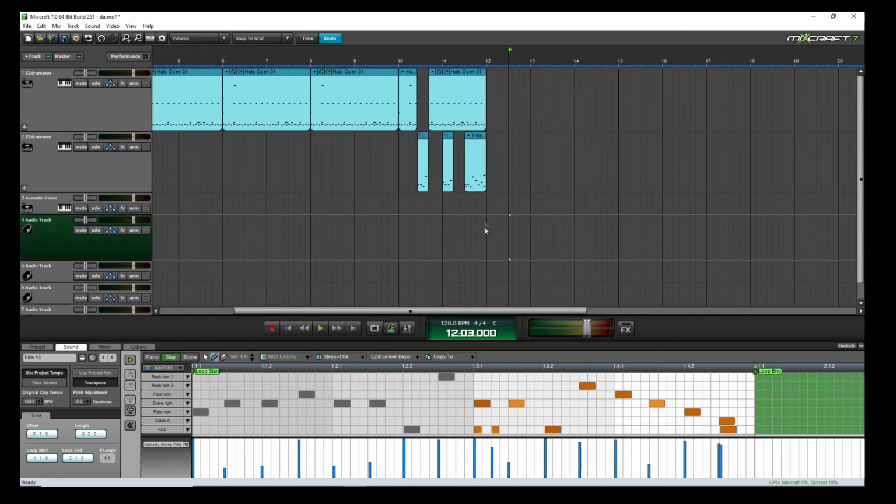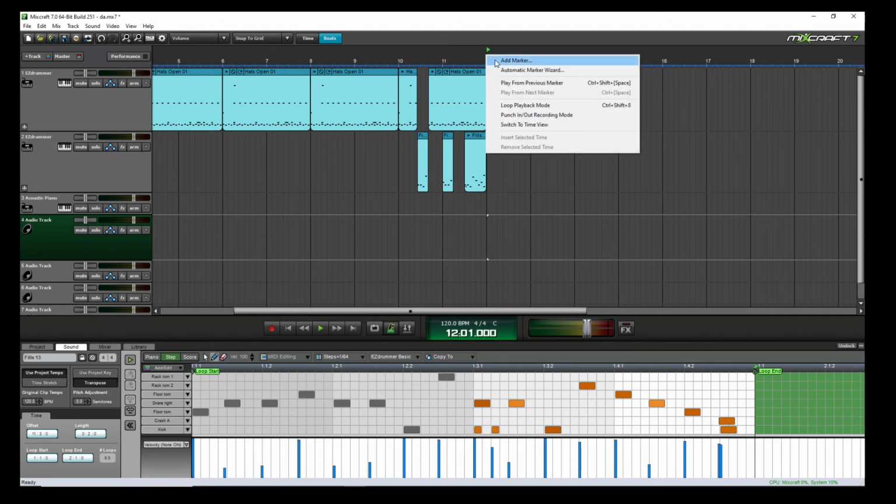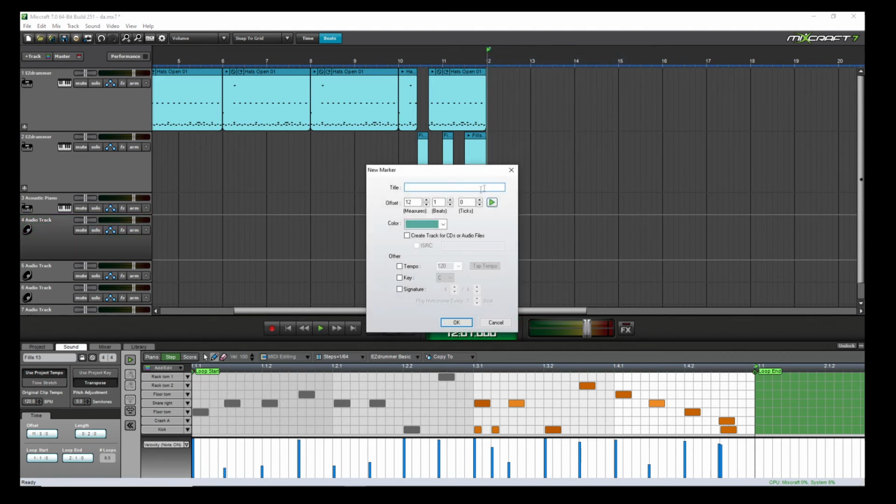Your song might have different tempos, with similar parts but different tempos. So for that, what we need to do is just add a marker, and we can put in a title to the marker. Maybe we put second verse, and we've got the option to change the tempo. Let's say this one's 140,